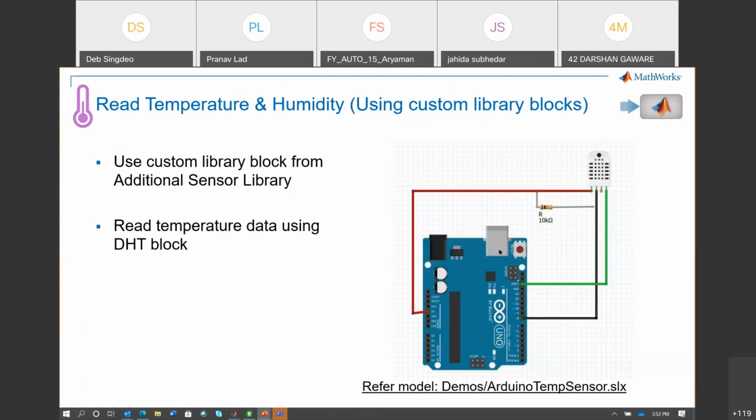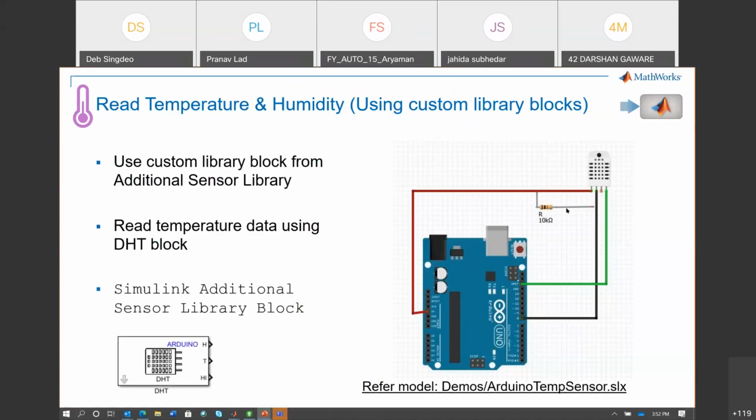In the Simulink model, as you saw Pranav did, I have to find the DHT sensor block specifically for Arduino, because we are reading that sensor data using Arduino in this case. So let me first take you to the model that I have.